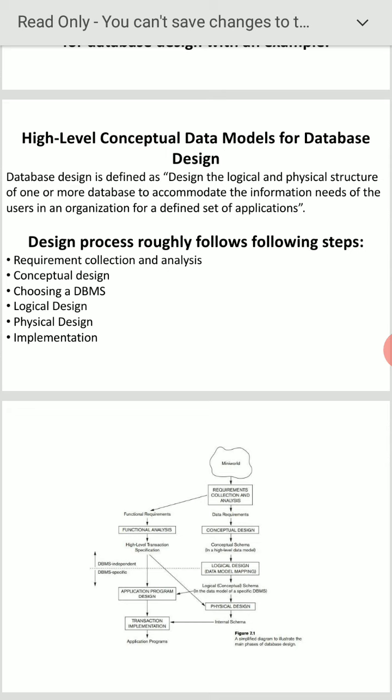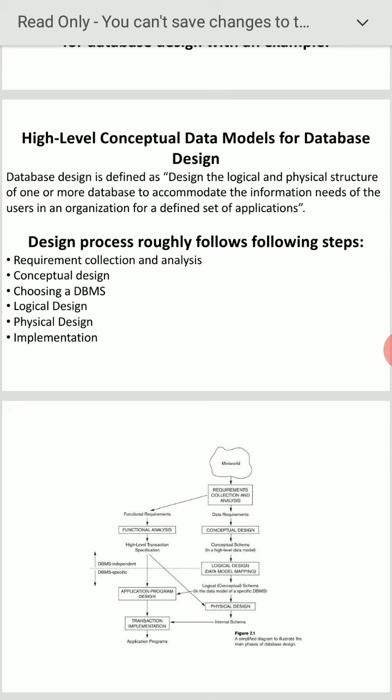Suppose you want to design a particular database, you have to follow all these steps. According to that, we can write the commands, we can write the code. If the user is satisfied, then only can we go for the implementation. The final stage is the implementation.